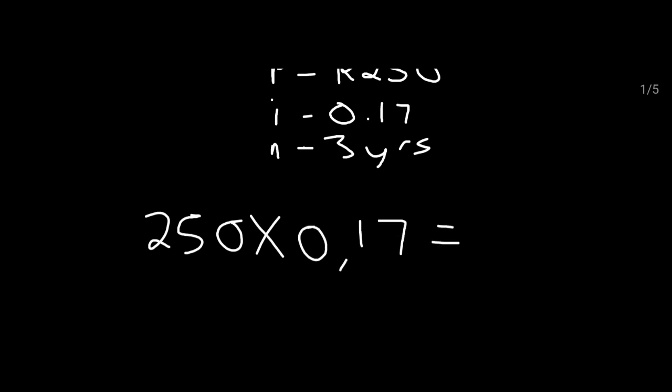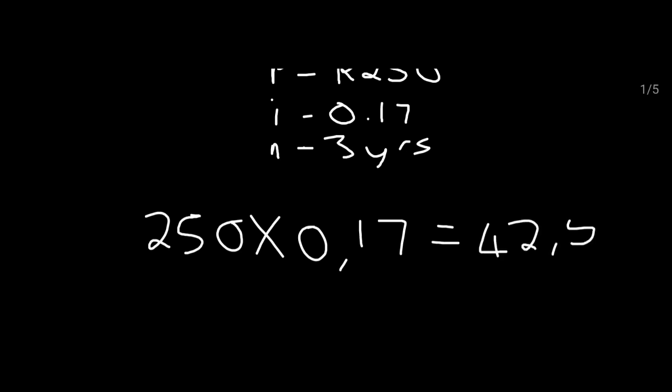So I take 0.17 of 250. Remember, 0.17 as a percentage is 17%. You can multiply 0.17 by 100 to get 17%, but it's not necessary. You can just say 250 multiplied by 0.17, and it gives you the value of